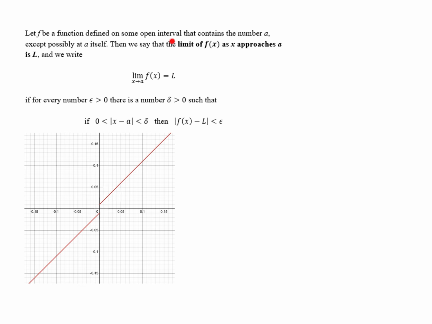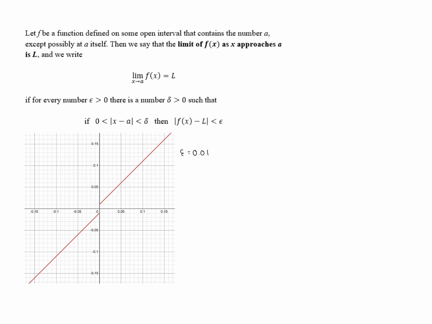Now remember, this precise definition of the limit says that we can make our function values as close to the limit as we need to by picking x values that are close enough to a. But here's the thing. If we pick epsilon equal to 0.01,